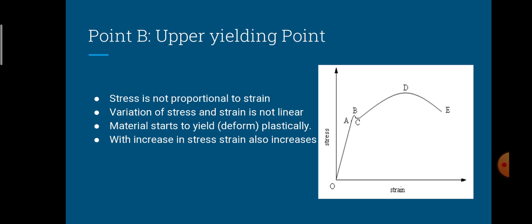But if the material crosses point A, that is elastic limit point, or it is also called as proportionality point, in that case the material starts to yield. So therefore it is called as plastic point, wherein the stress will not be varied linearly, so that after the removal of the external load, the material will not regain its original shape and size completely. So this is the concept of plastic limit.